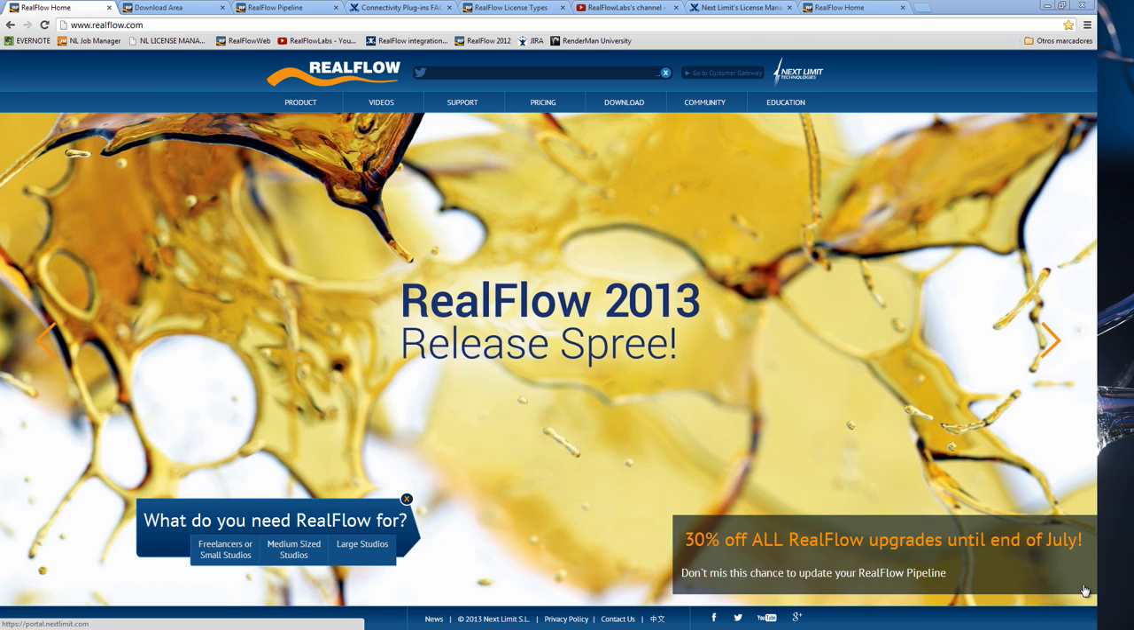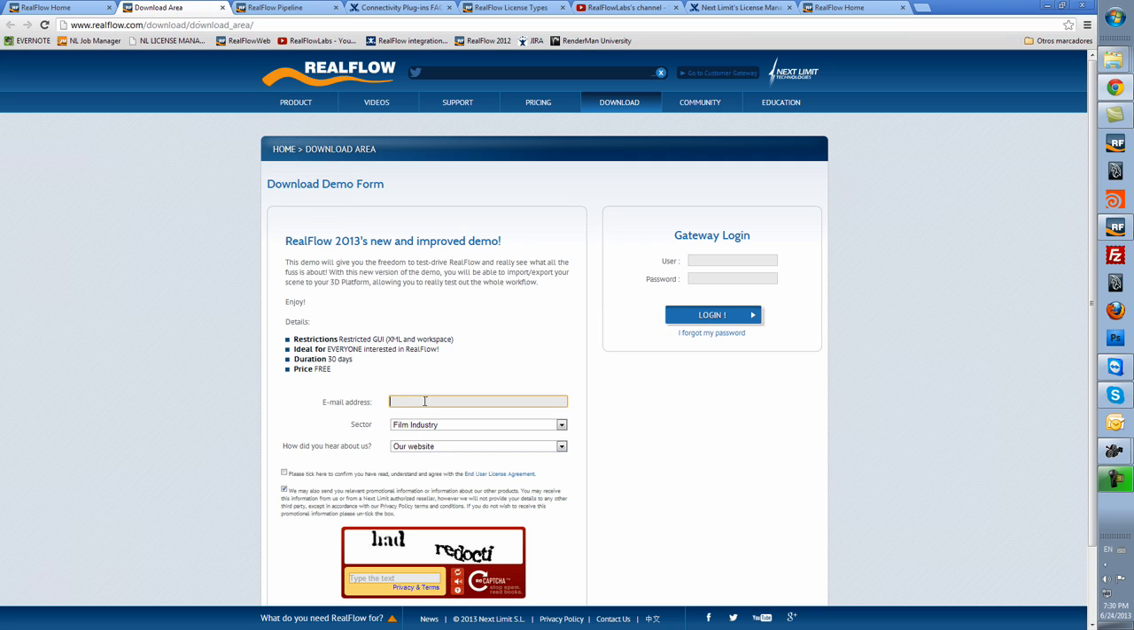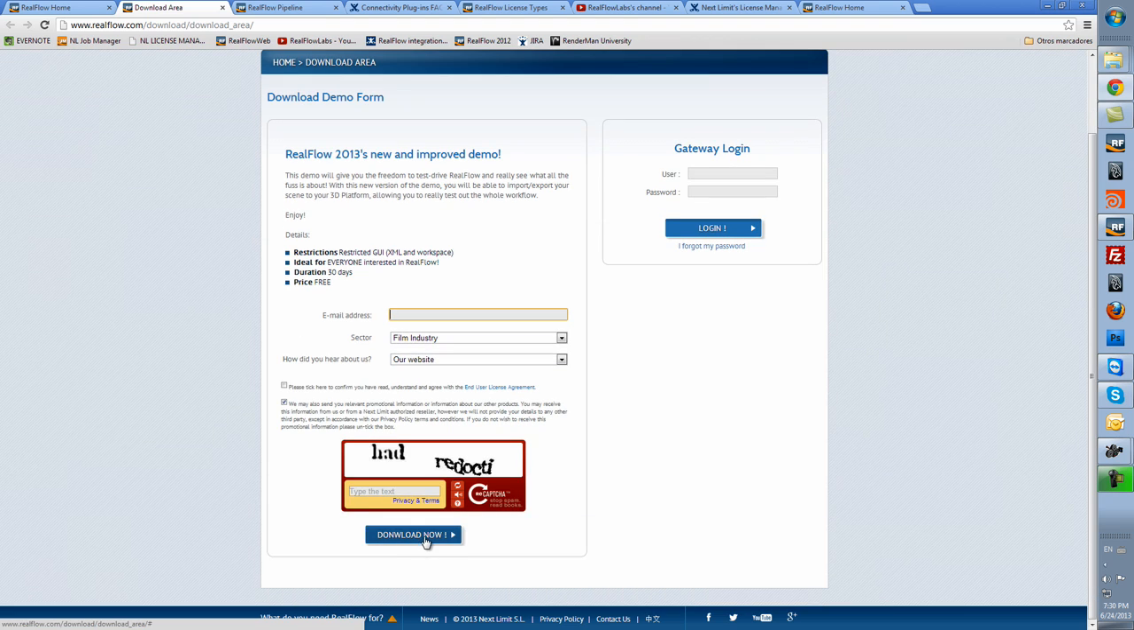Downloading the RealFlow demo should be pretty straightforward. Just go to the realflow.com website and find the download area. Once we go there, we introduce our email address and simply hit the download. Apart from downloading the RealFlow package, we may also have to download the RealFlow connectivity plugin for our 3D platform